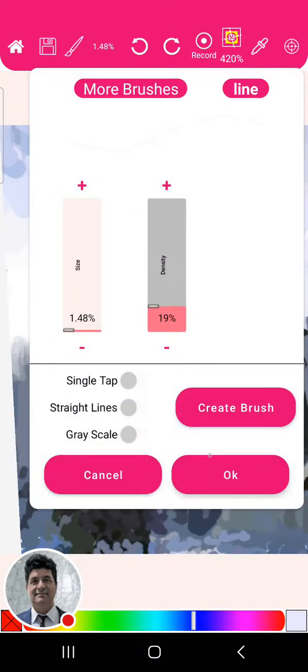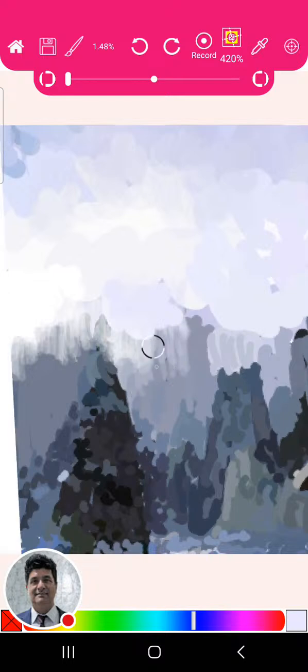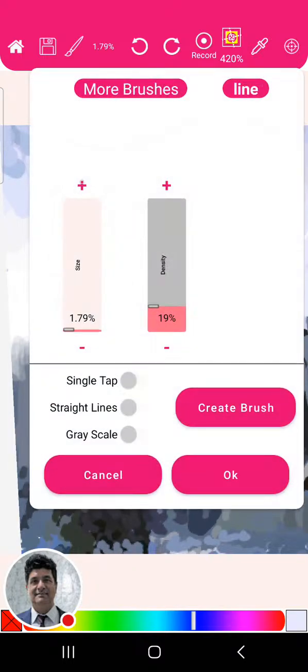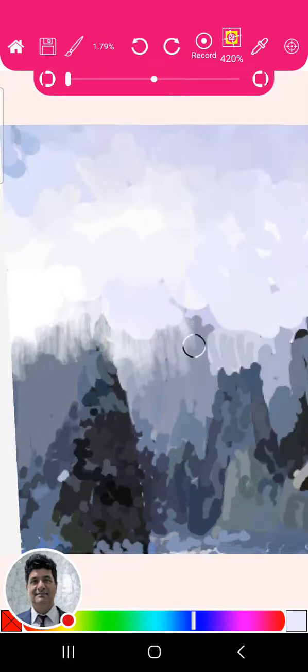Really take it down a little more. In fact, there. And then you get the illusion, and pick that color and lift it up. Okay. Now it looks like a real